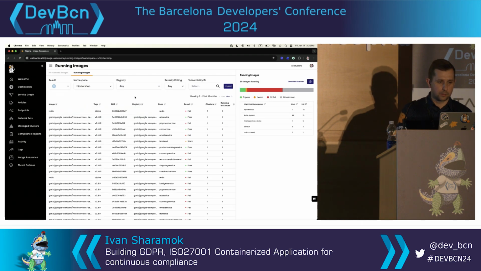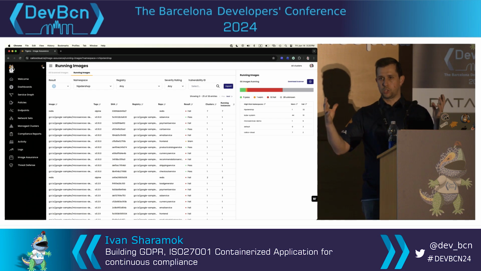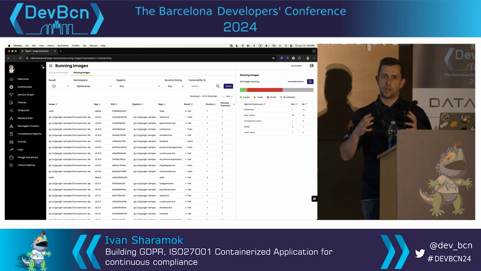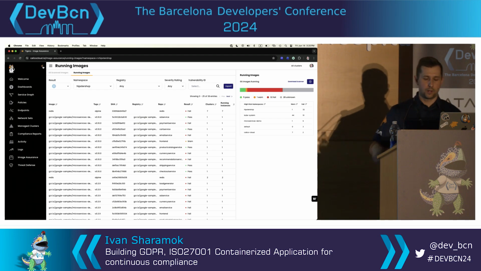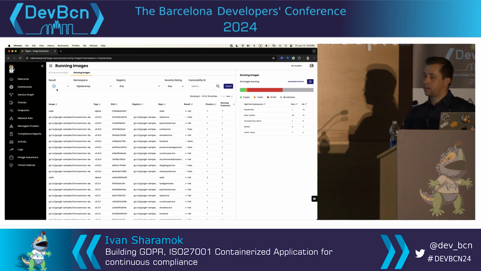So that's a quick example of what we can do at a high level. There is a lot more to this, but all the data that I was showing within the flow logs, you can slice and dice and shape into your reports for compliance, whatever compliance standards you need to follow, and build your continuous compliance using that. I believe that's it, and I'm out of time, right? Okay, thank you.